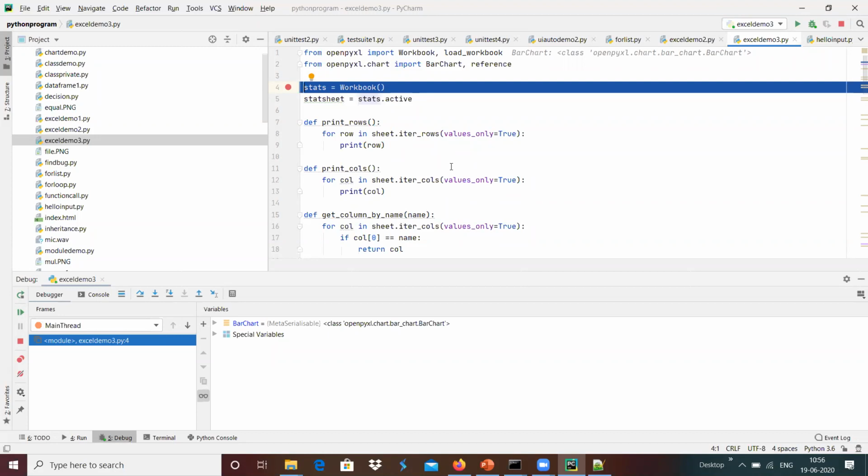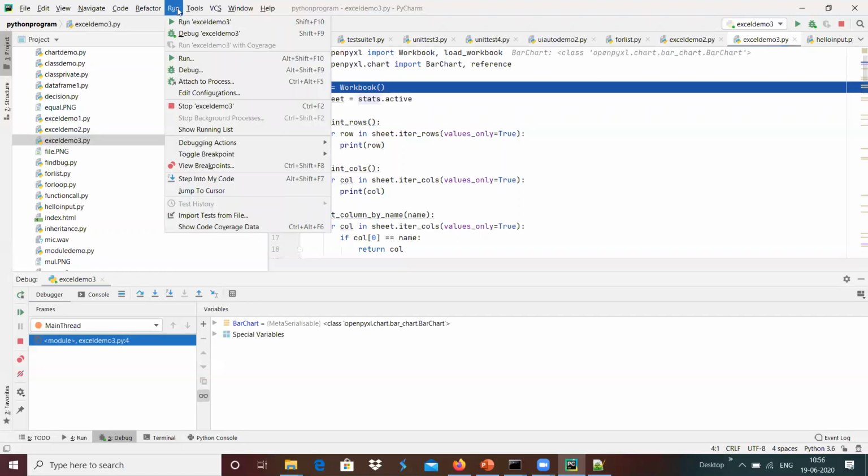Breakpoints will not be active if we use the run option over here. Suppose we run Excel demo, even though we set a breakpoint, that breakpoint will not come into the picture.